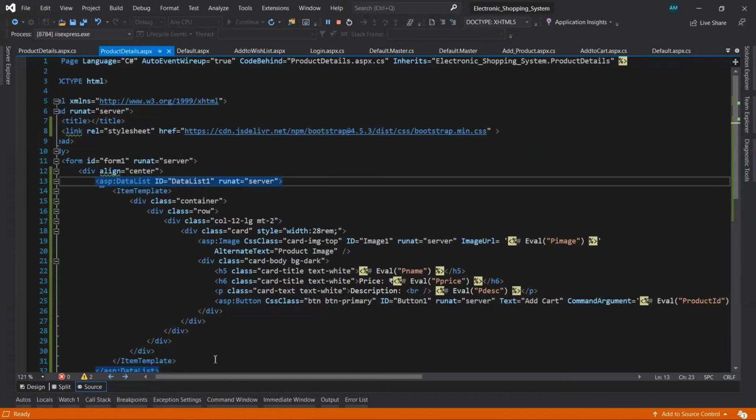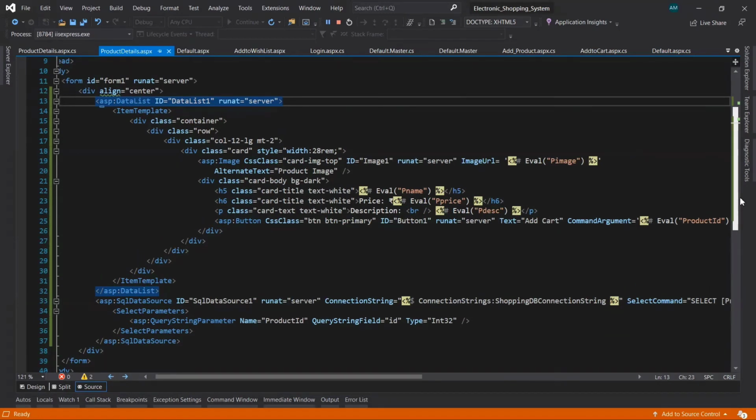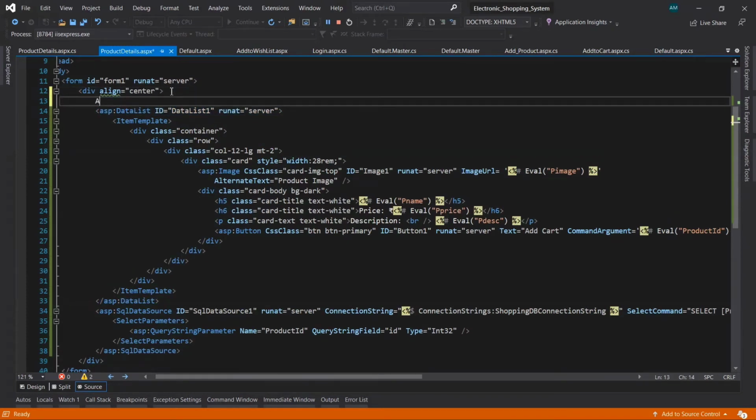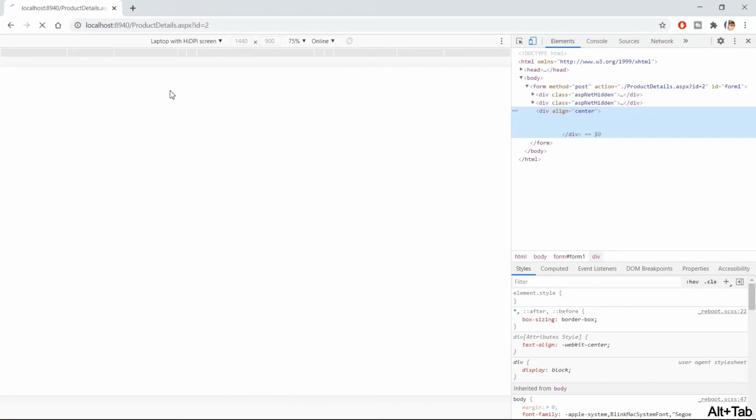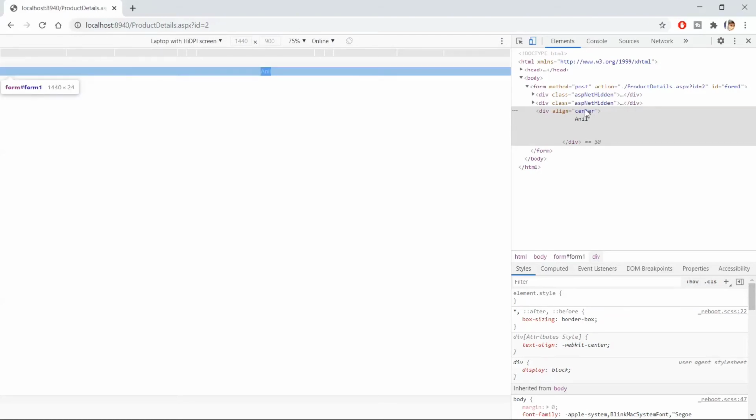So why is it not displaying? It's taking the content that I've given here, it's my name Anil. Then why is it not taking the data list control here?